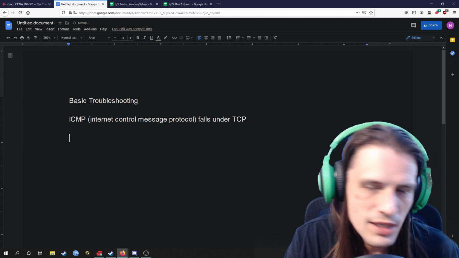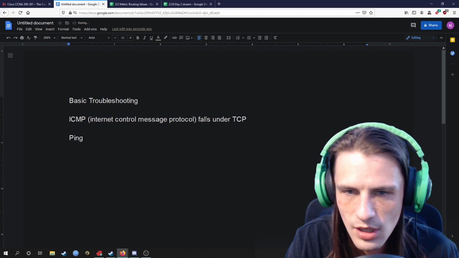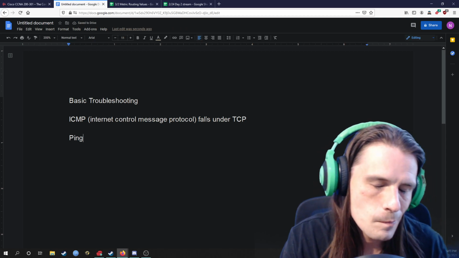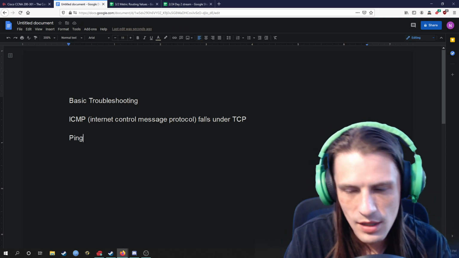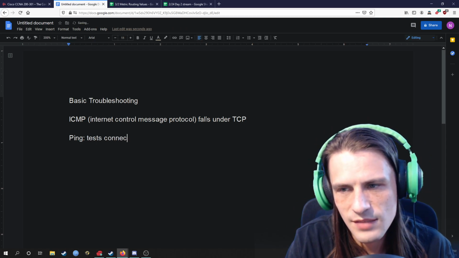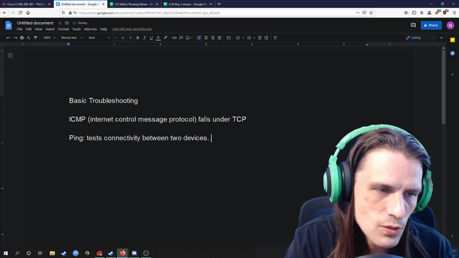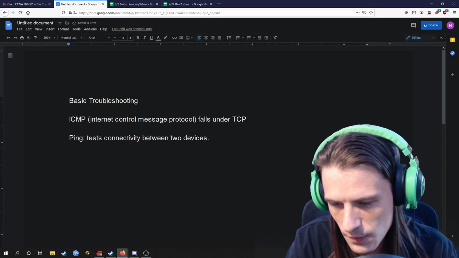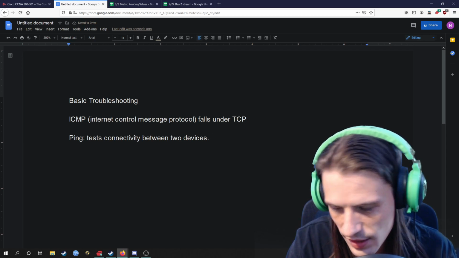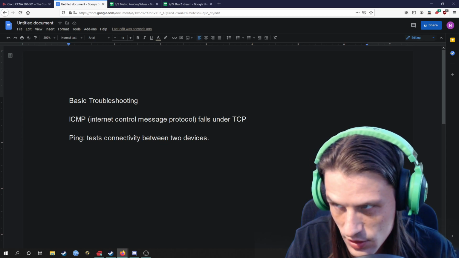But it also allows for a couple of really cool commands that are really commonly used when you're working within networking. And the first of those is actually ping. Ping tests connectivity between two devices. So if you have someone that's complaining about a service, like they can't reach the local in-network server,